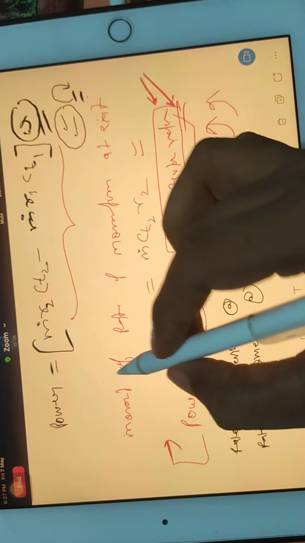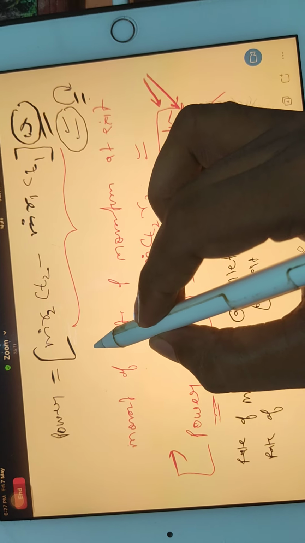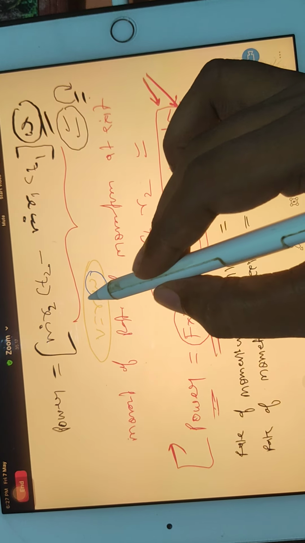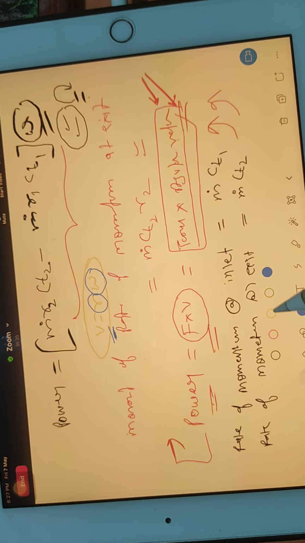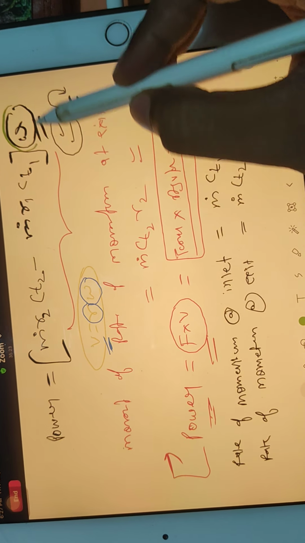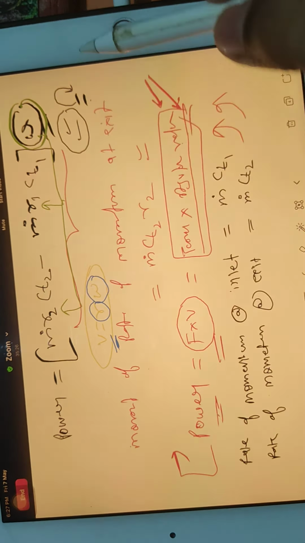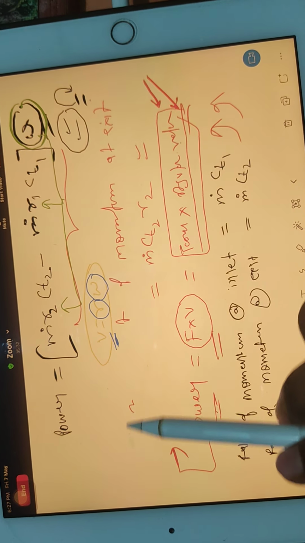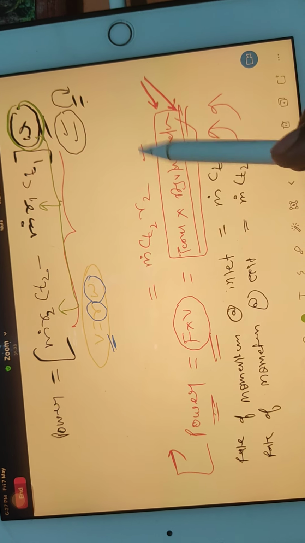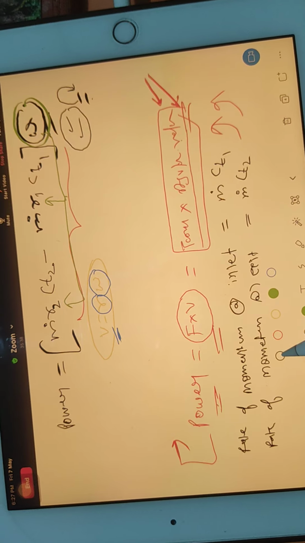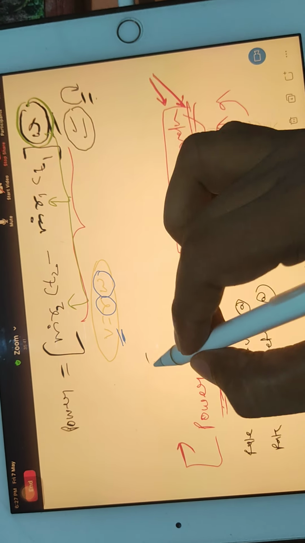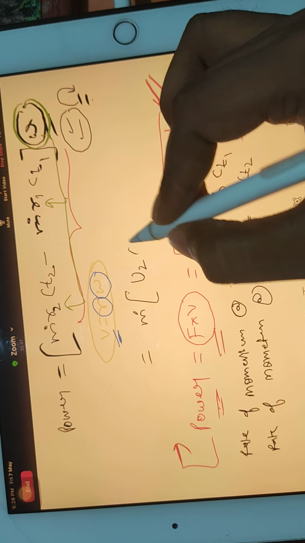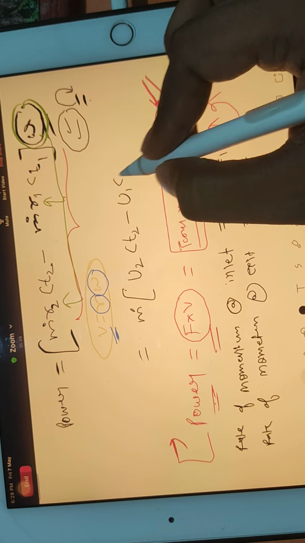And also remember one very basic formula in physics, V is equal to R omega. It means what? When you multiply your angular velocity with the radius, you will be getting linear velocity. Okay, so you can see here omega, if you send it inside and multiply with this r1 and this r2, then that you can replace with u1 and u2. Okay, so you can replace your formula of the power in terms of u1 u2, which will look like this. m dot, I can take common, bracket u2 ct2 minus u1 ct1.